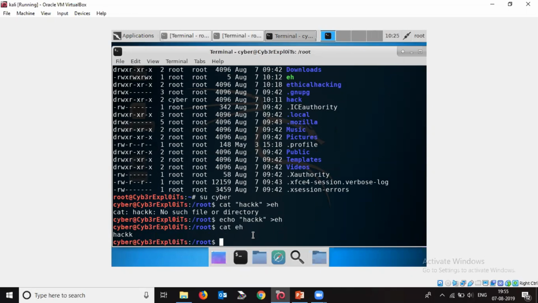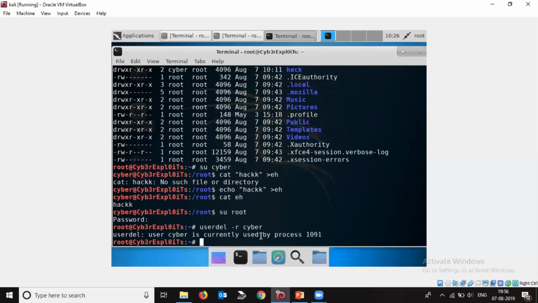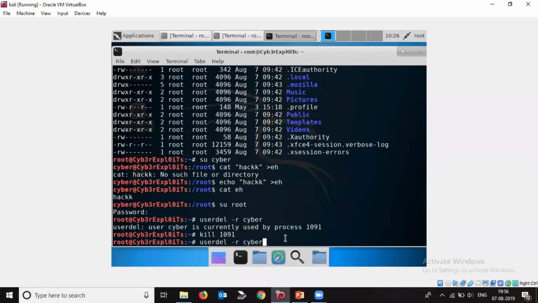Now if I want to delete this user, I can simply log in through root, and I can simply use the userdel command, with hyphen r and user cyber. So the user cyber is currently used by a process. So we can simply kill the process. And now if you do userdel cyber,